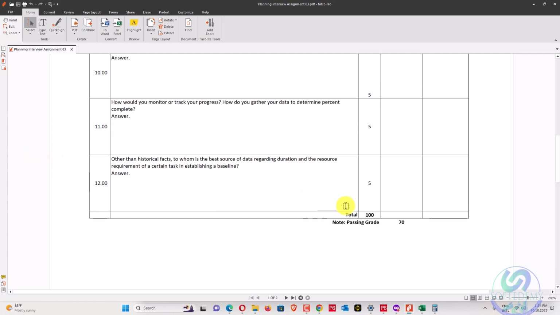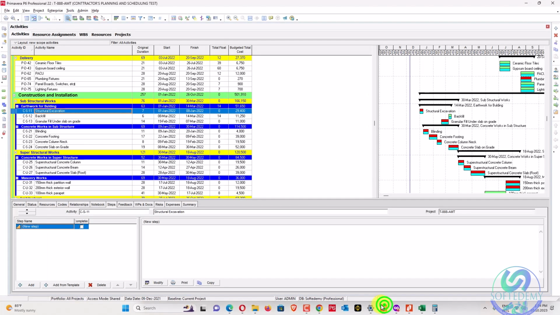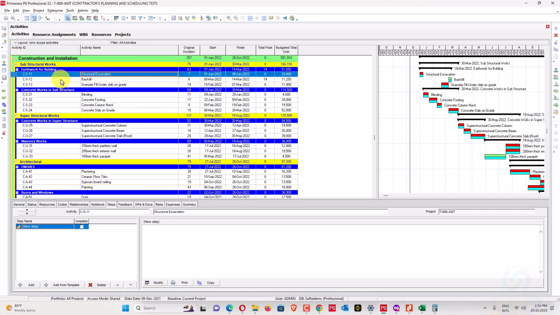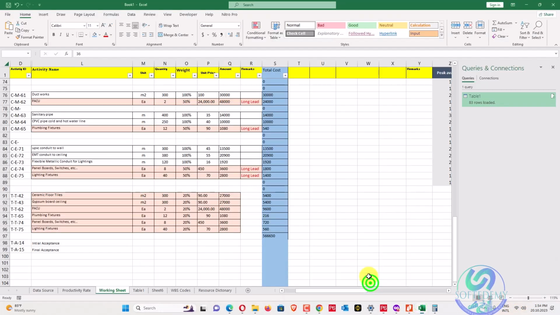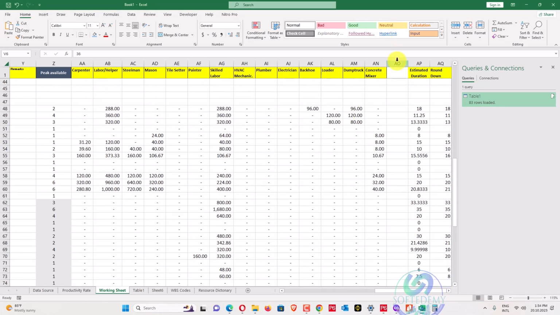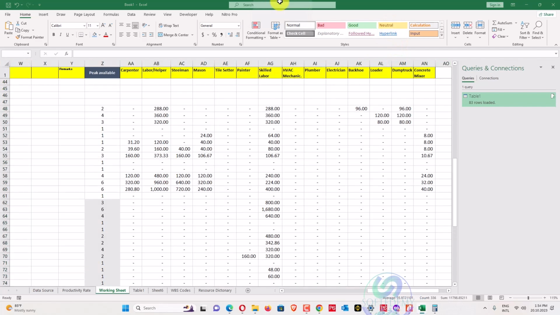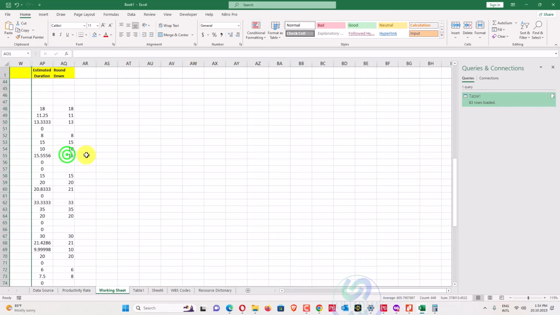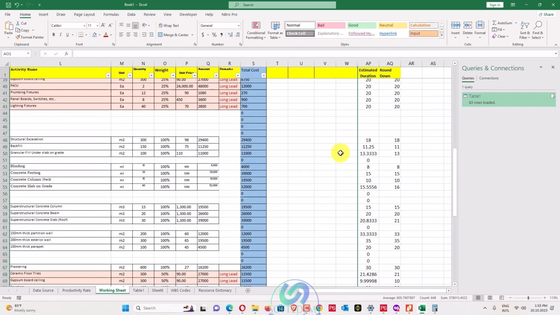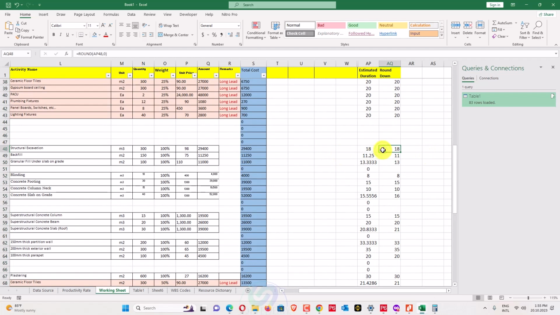So what I have done in my project is I have just taken the duration from my crews, and later on I have managed that one, so I can also recheck that one. For example, if I have taken 7 days for the structural excavation, in this sheet which I have prepared, I have the estimated duration. So I can cross check this from my productivity and how many maximum peak, because Primavera P6 is resource constrained.